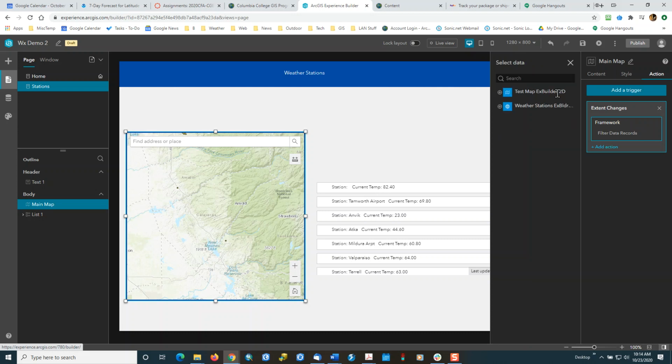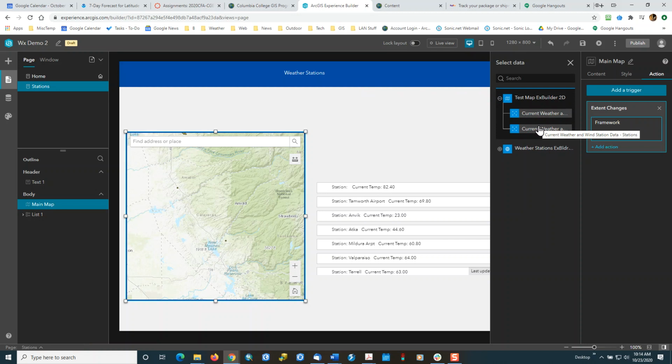I've got an extra feature class in here, so you want to use the one that your home page is using. So check the drop down, and this will be another difference in the video versus what you have, and hover over it. Make sure you're choosing stations and not the other feature class, which is buoys. So choose stations,